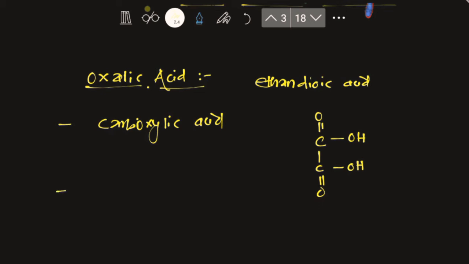Now this compound is widely used, particularly to rinse in laundries, where it removes rust, or one can say ink stains. It is a very useful compound. Rust means an iron-containing system, so it can form a complex with that iron. That's why in many cases, particularly in automobiles, it is used for removal of scale.